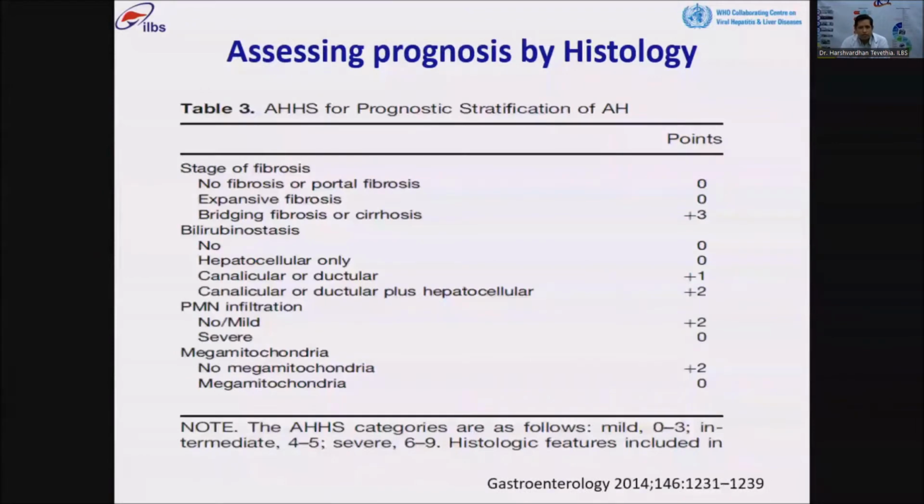Now, this is assessed by a score known as the AHHS score for the prognostic stratification of alcoholic hepatitis. As you can see, there is a stage of fibrosis, there is bilirubin, PMN, as well as megamitochondria. Most of these factors, if you look at megamitochondria, are in fact shown to have a favorable prognosis in patients with alcoholic hepatitis, whereas bilirubin